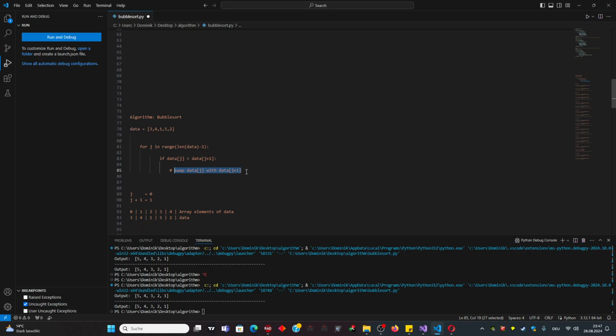And yeah, now we will start. So j holds the value 0. And this is also important: len(data) minus 1, because we have j plus 1, otherwise we would be out of the range of this array. So we need to decrease the length by 1. And j holds the value 0, j plus 1 holds the value 1, so that means